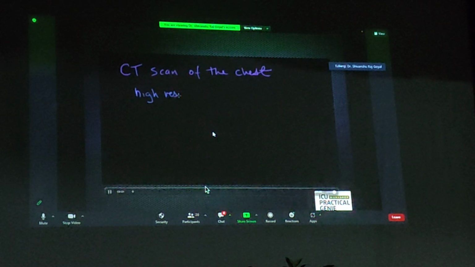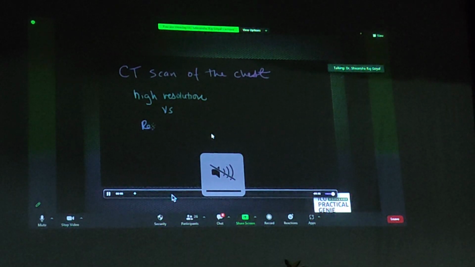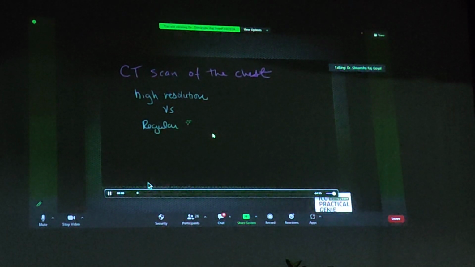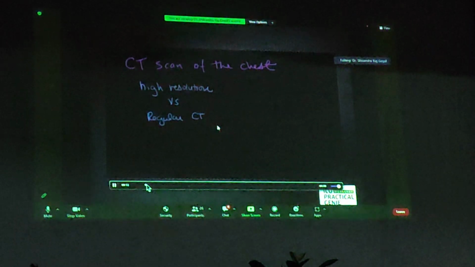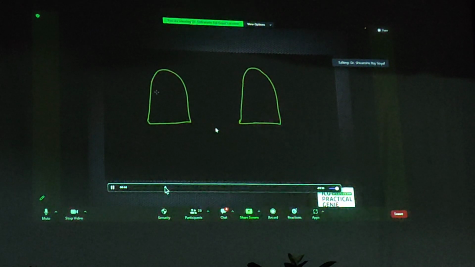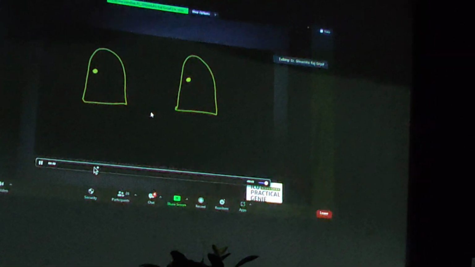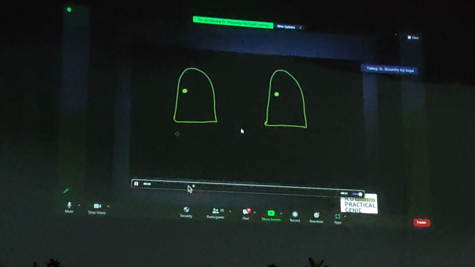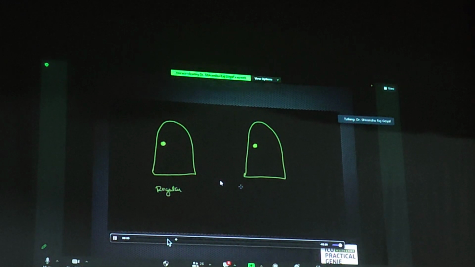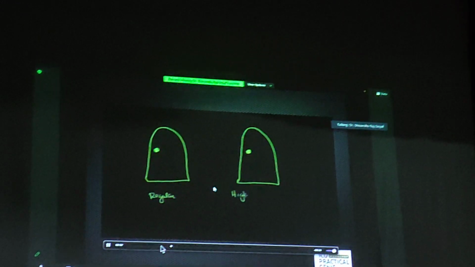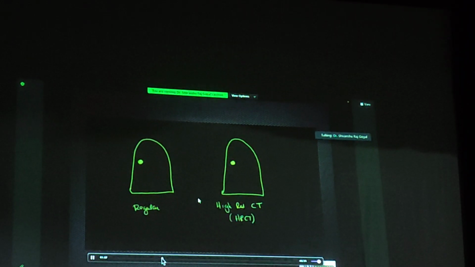So now this is a diagrammatic representation of what I am trying to explain to you. What is the difference between an HRCT and a regular CT? Let me just move it further. For example, if you have two patients with lung shadows and both patients have an upper lobe nodule, you have to decide whether to do a conventional CT or an HRCT. So you look at the detailing, what difference would it make?